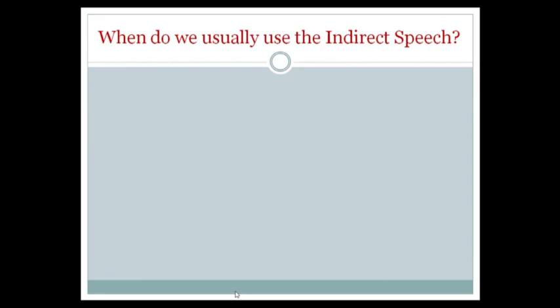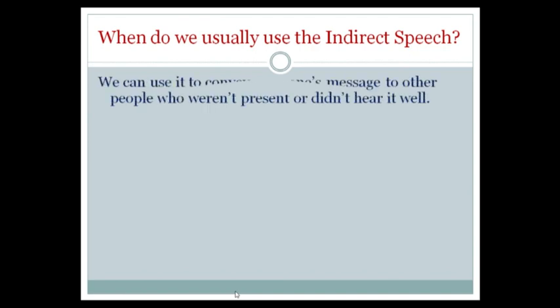When do we usually use the indirect speech? We can use it to convey someone's message to other people who weren't present or didn't hear it well. For example,